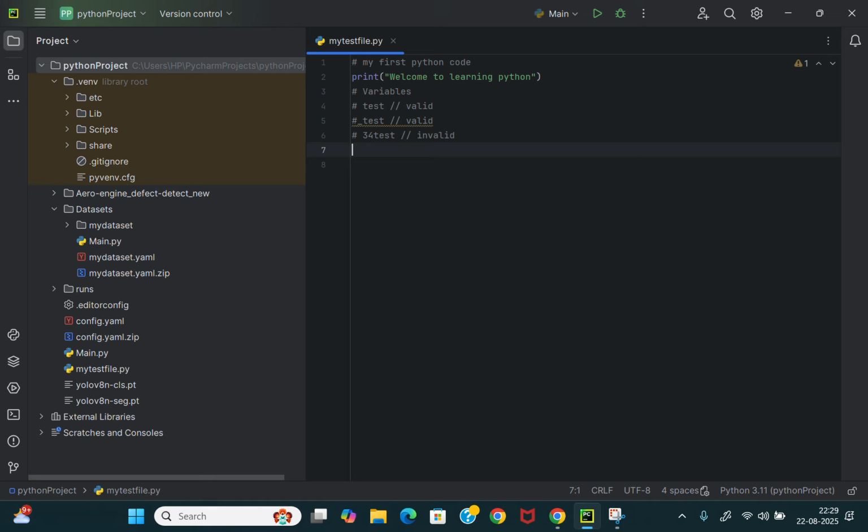And the final rule is Python is case sensitive, right? We all know that. So if you are creating a variable name as test and in caps TEST, both are having a different value. Okay, both are different variables. Although both are valid, right? But both are pointing to a different memory location. If we are storing some value into the lowercase test, it has a different value, and the capital TEST has a different value. Okay,